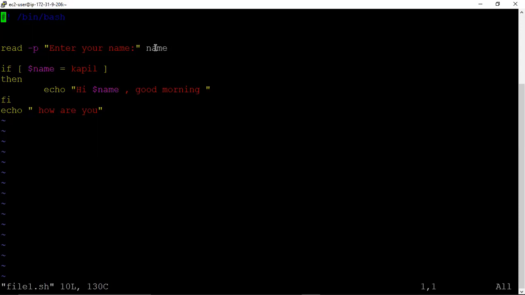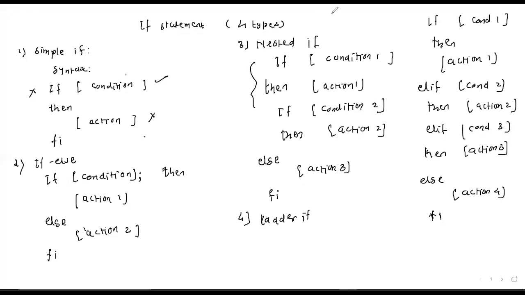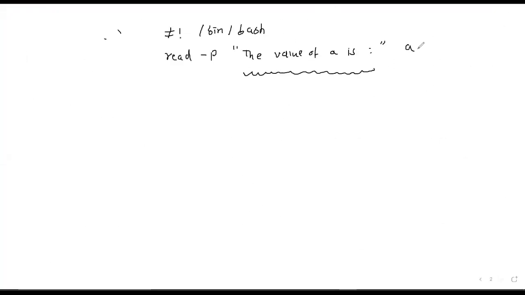Now see, what is the action? If name is Kapil, we know a variable is always read by writing $. So new students, whenever we have variables, a is a variable.